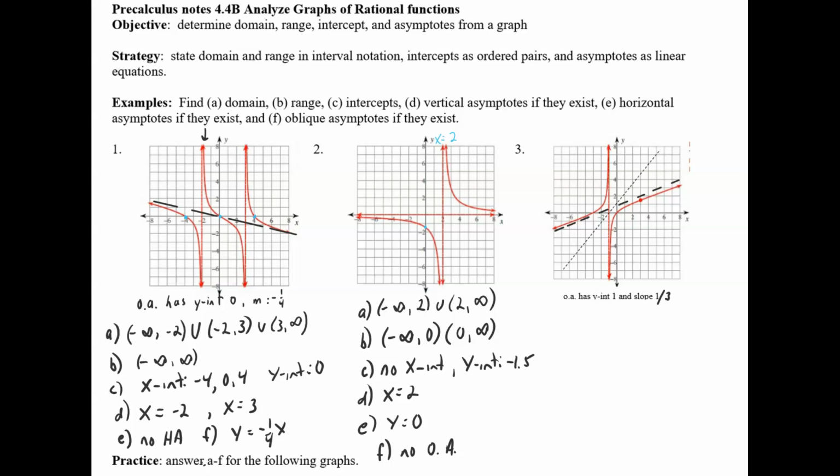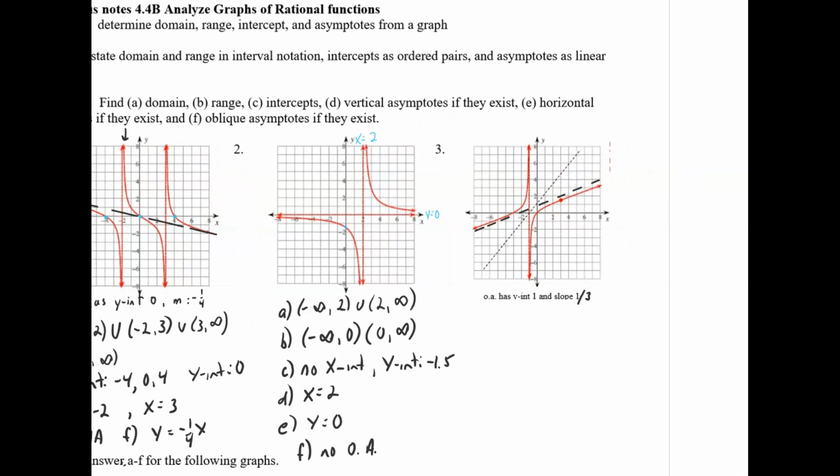There's a horizontal asymptote. That's the equation of the x-axis, which is y equals 0. And there's no oblique asymptote. Okay, now in the third one, you can just think of